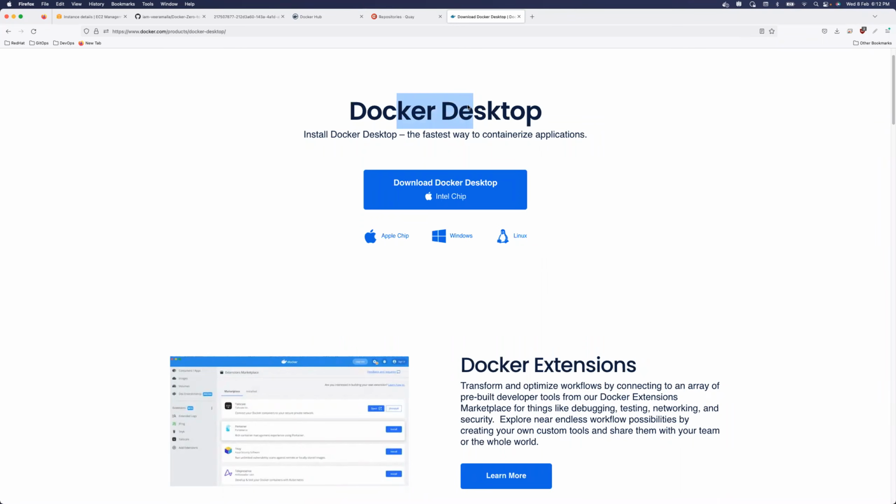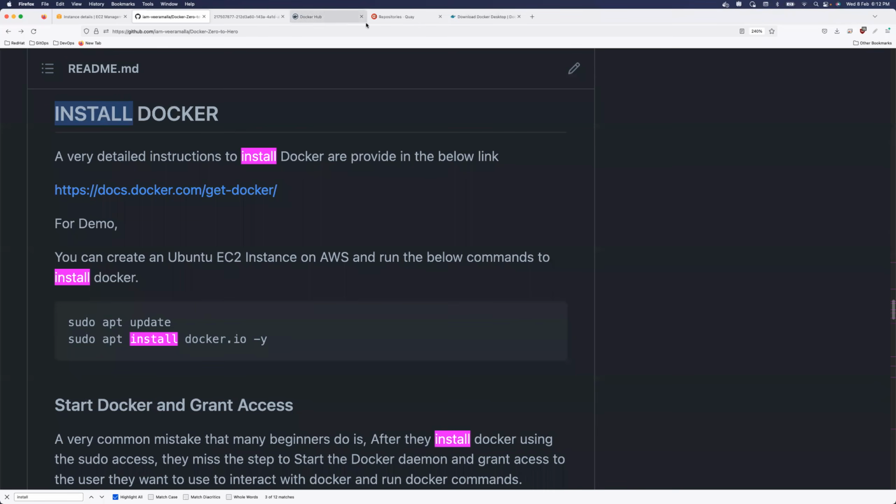Again, it will do the same thing. It will basically create a virtual machine, and on top of it, it will do all of these things, but it will be unnoticed. You don't have to do a lot of things. So if you are trying to do everything on your personal laptop, you can use Docker Desktop. The link is very simple. Just search for Docker Desktop, and you will find the option to install on Apple, Windows, and Linux. But if you are on an EC2 instance, you don't even have to do all of those things.